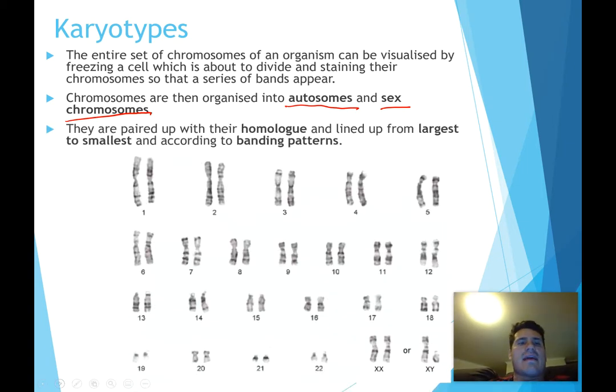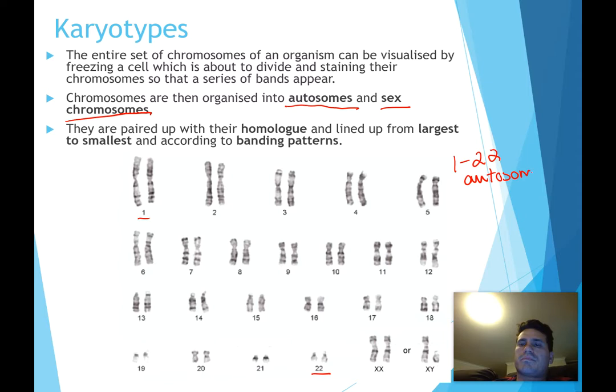Here we have an example of a human karyotype, okay? And if you can notice here, each chromosome is ordered by size, and then we number them by size as well. So chromosome number 1 is simply the biggest chromosome that humans have, and then it goes all the way to chromosome number 22. So from 1 to 22, we're talking about